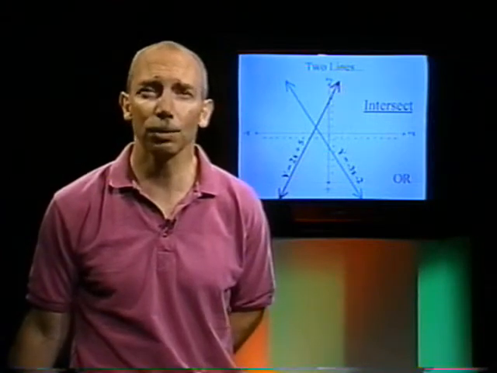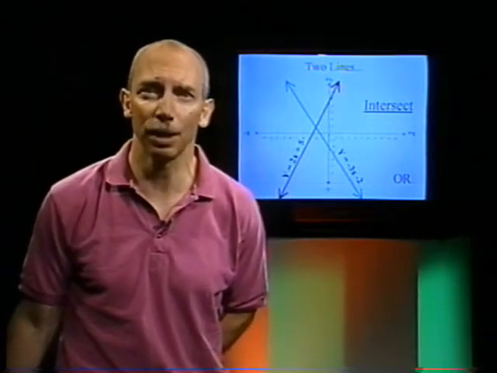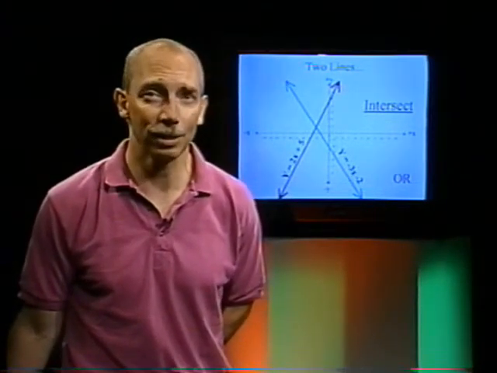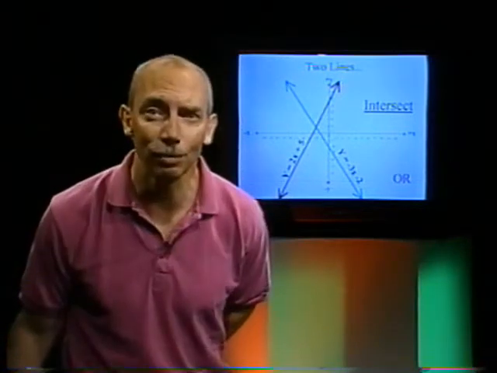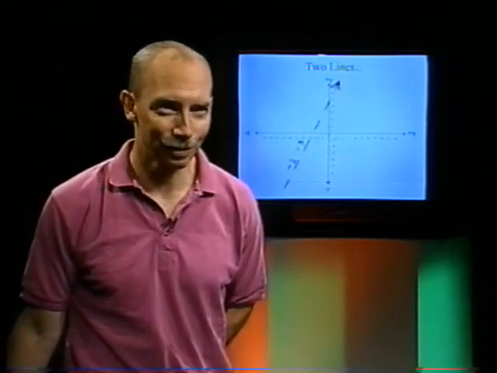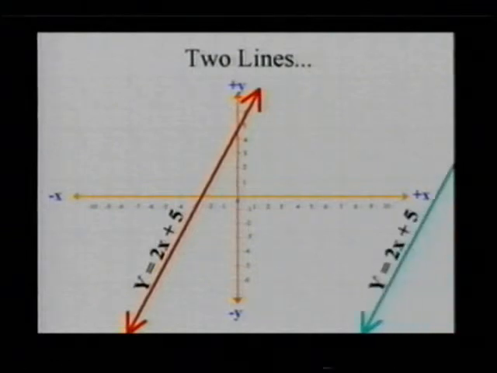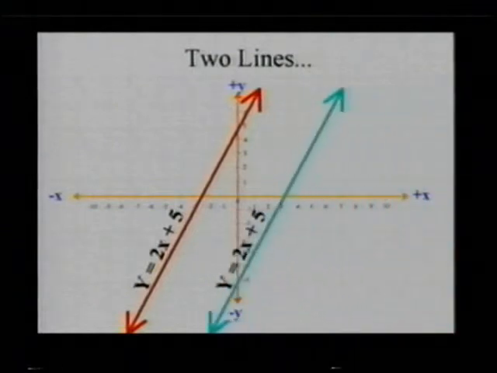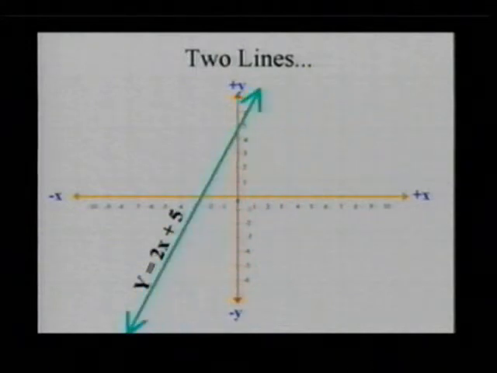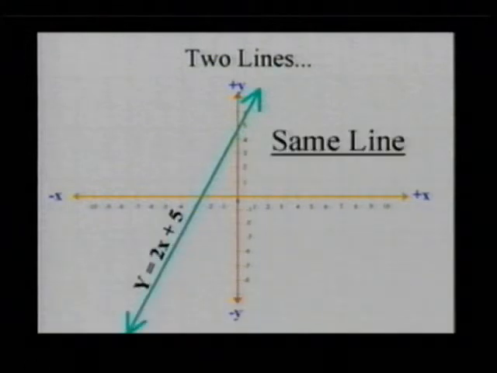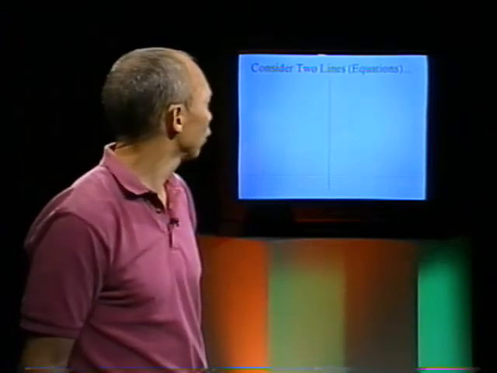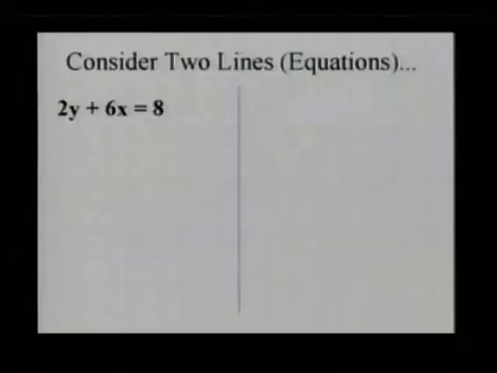The only other possible thing that can happen with two lines, other than being parallel and intersecting, it's kind of a stupid one, but the only other possible thing is that I've got the red line and I've got one other line and it's actually the same line. So that's the only other possibility, is that they're the same line, okay? So those are the three possible things that can happen when you have two lines, okay? So if you consider two lines just looking at their equations,